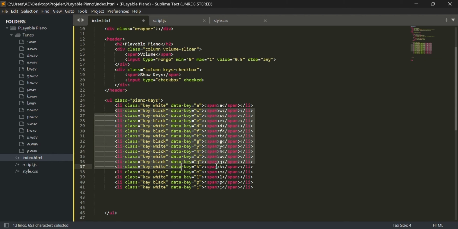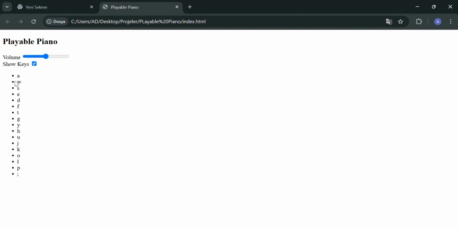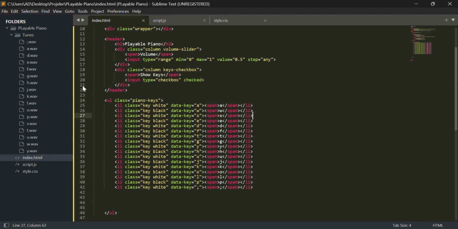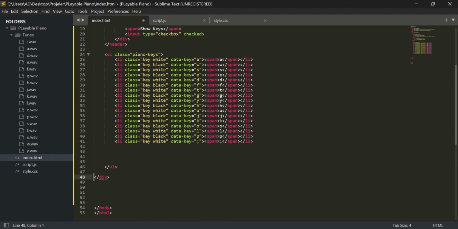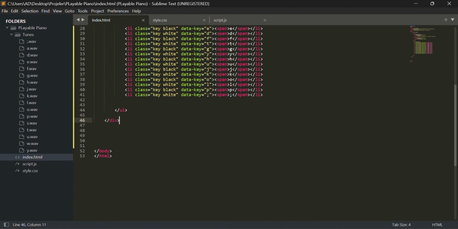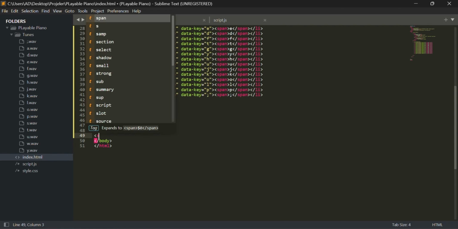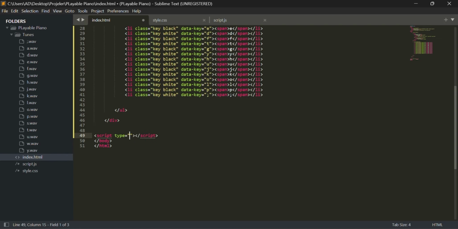Now we finished all of our keys, and let me show you how it looks. Here we have our keys, but just because we didn't style them yet, we can't see them. I made a little mistake in here. Okay, yeah, sorry for that mistake. And the last thing we have to do in this code is add our script. To add our script, we have to type script JS